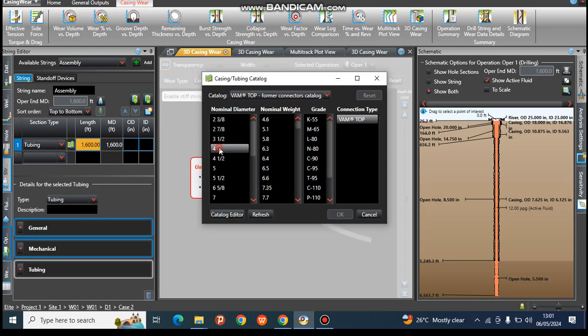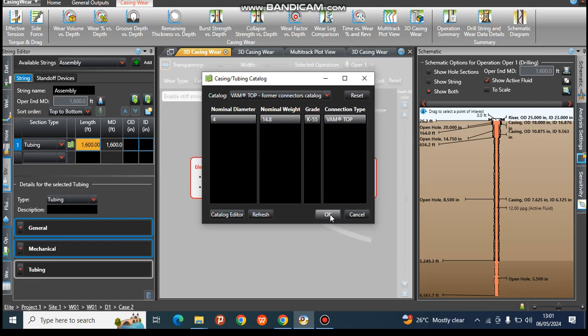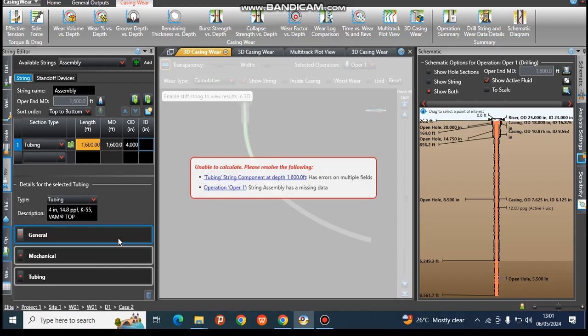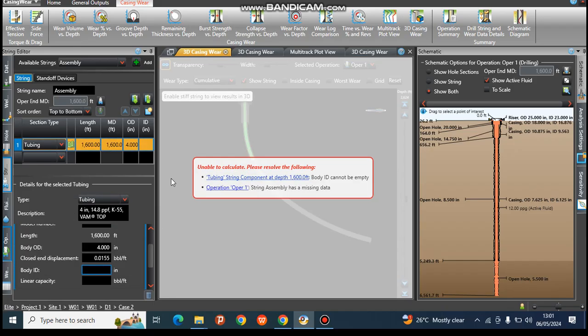This tubing is around 4 diameter is 4, then I choose 4.8 K55, and then okay. So I'll put in the other details of this tubing. Our tubing can go up to... need to put in the border inner diameter, which is 3.2. Then